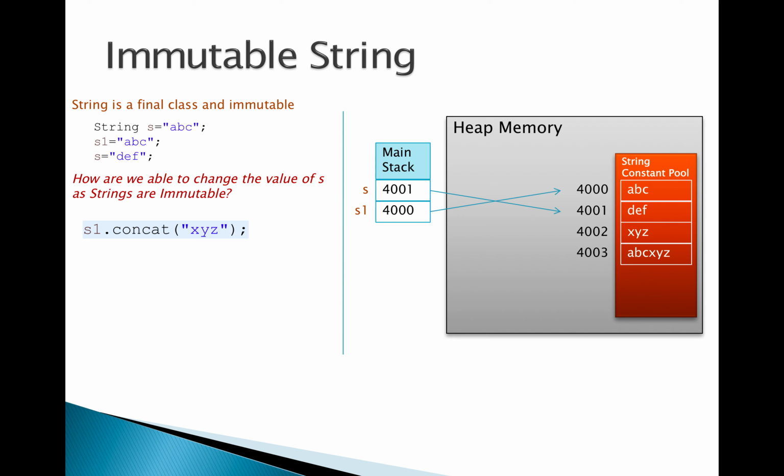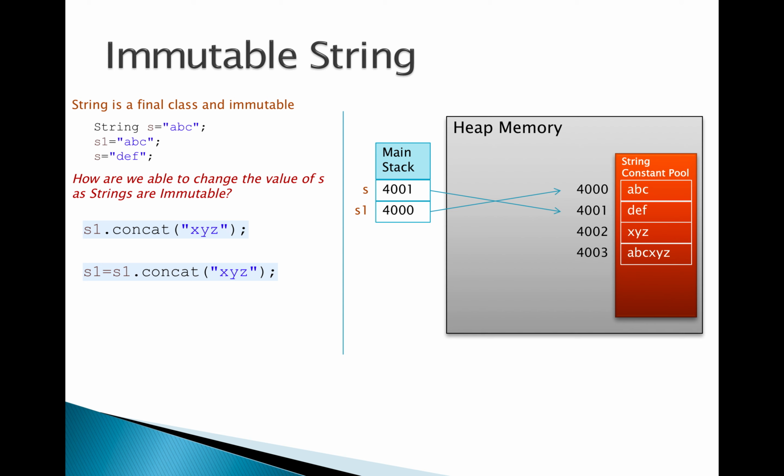S1 is pointing to 4000. Even though XYZ and ABC XYZ are created, no one is pointing to that memory location. S1 still points to ABC only. We didn't change it. So we have to be very careful when we are working with strings. All the time when you do s1.concat of xyz, it's not like a regular object. So what will happen here is, here you have to put s1 equal to s1.concat of xyz,